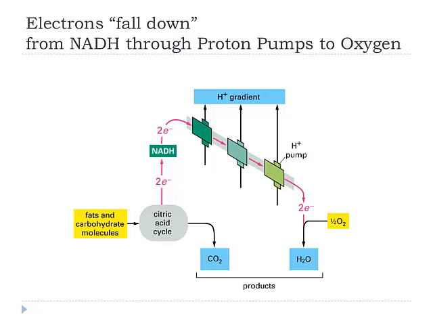So glycolysis produces a little bit of ATP, a little bit of NADH, but the citric acid cycle is really where the bulk of the electron carriers are produced. And then we're at the stage where those electron carriers, NADH, FADH2, are used in the electron transport chain. Okay, now,